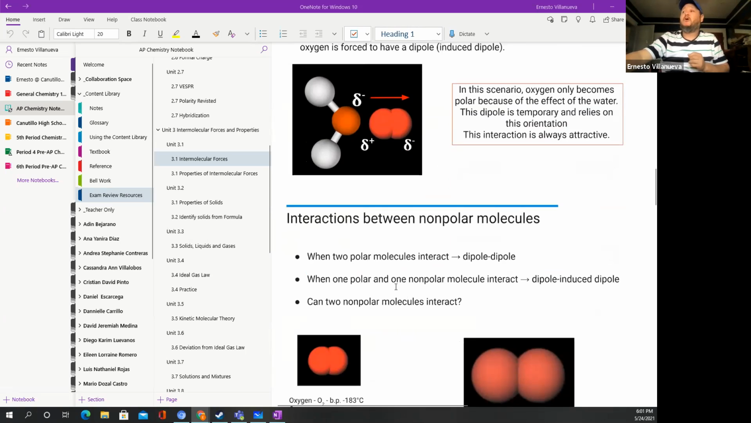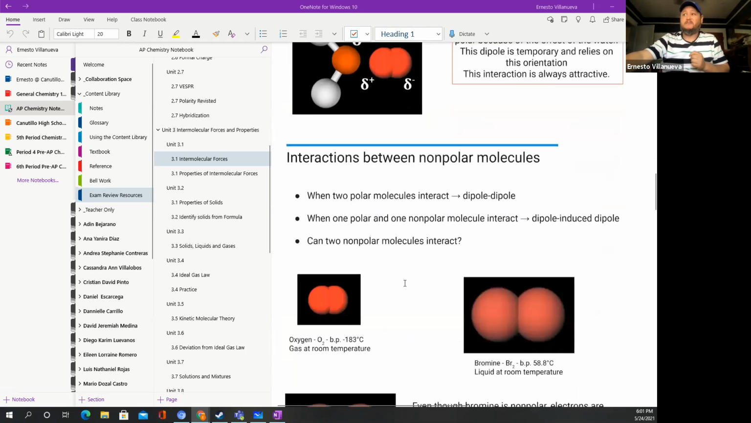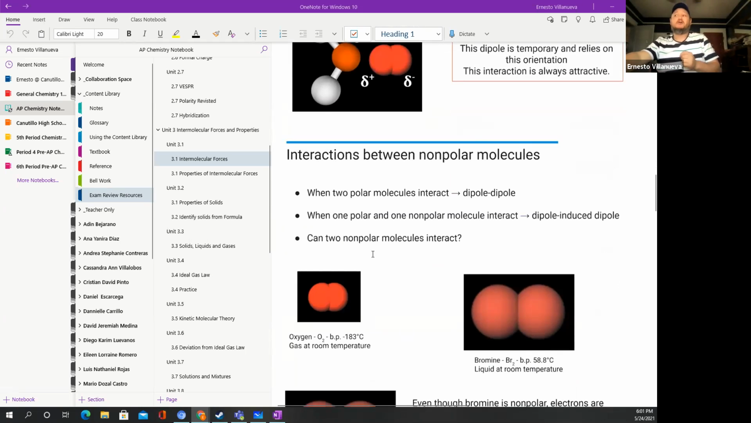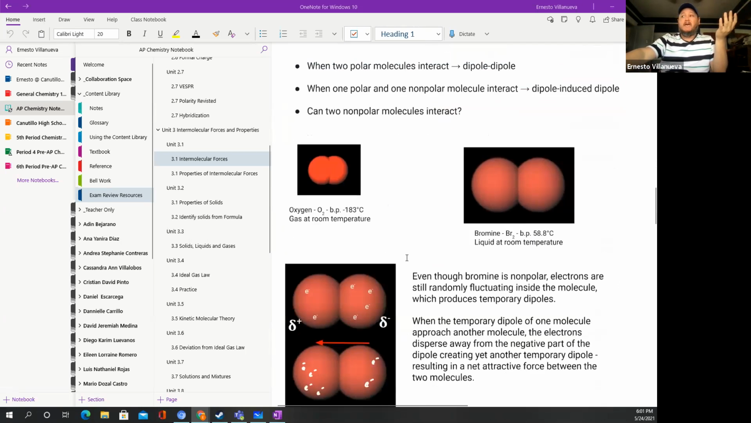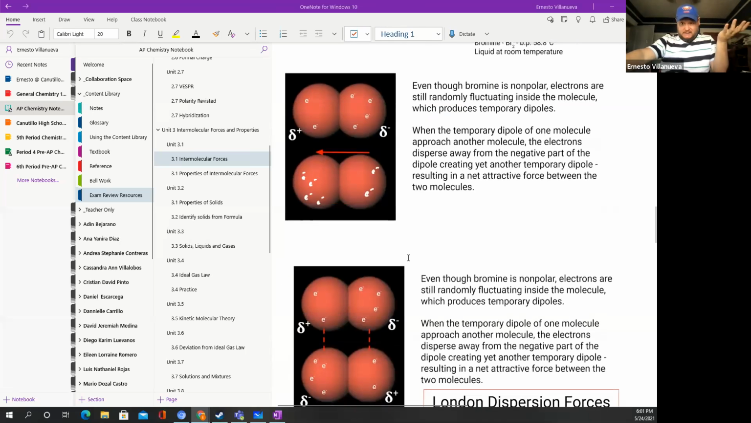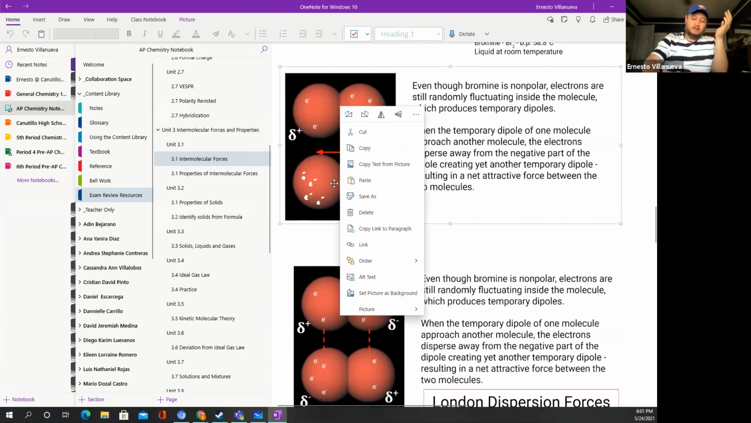This happens when you have one polar molecule and one non-polar molecule. We call that a dipole-induced dipole moment. Can two non-polar molecules interact? Okay. So again, non-polar means that you have no distinct positive, no distinct negative, right? Can they still attract one another? And the answer is yes, right? With the same mechanism that we see with a dipole-induced